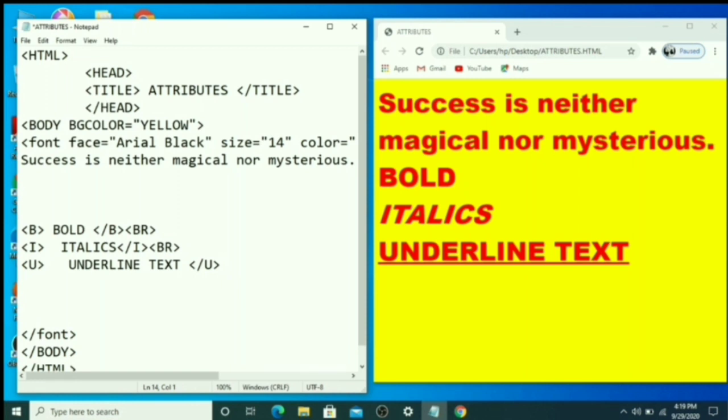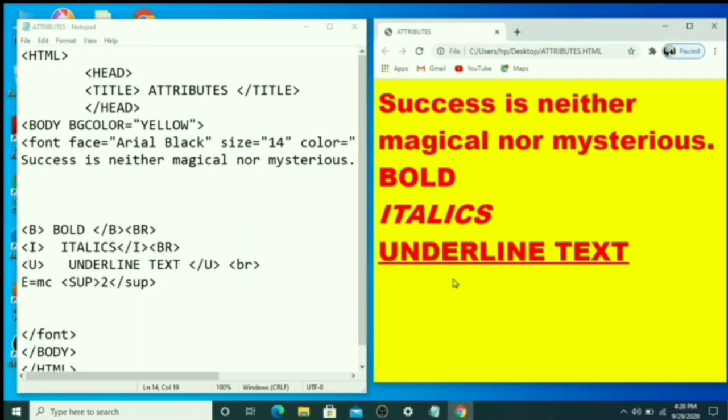Now superscript and subscript. Okay, superscript. Suppose I am giving E equals MC square. So before that you have to type E equals MC, then you use this superscript tag, that is SUP, then here you type 2, then you close SUP, and here also you have to give the BR tag, that is for breaking the line.